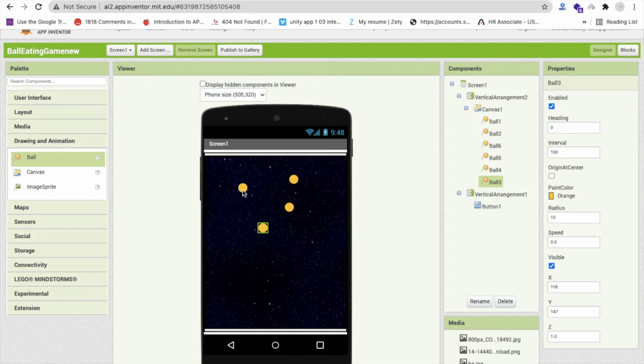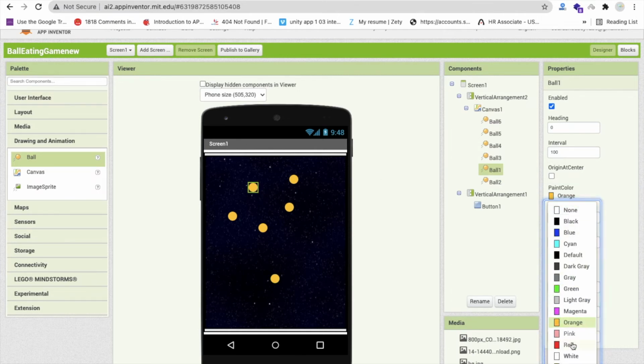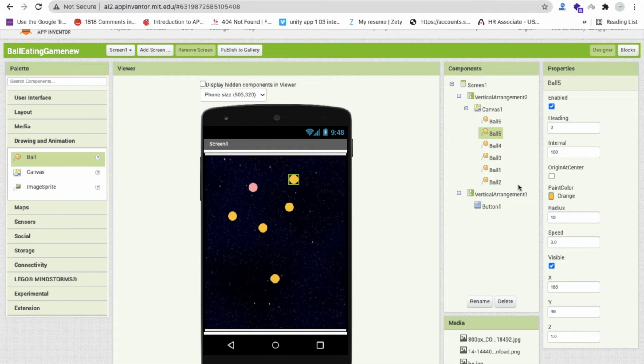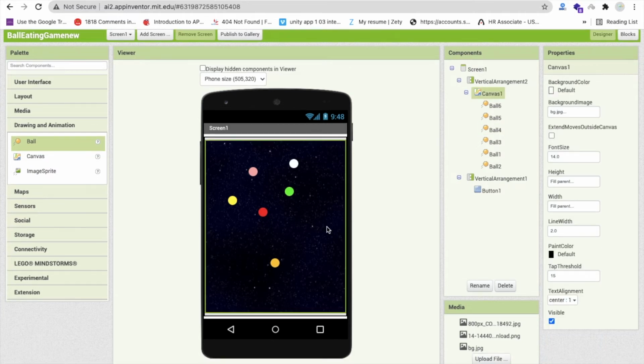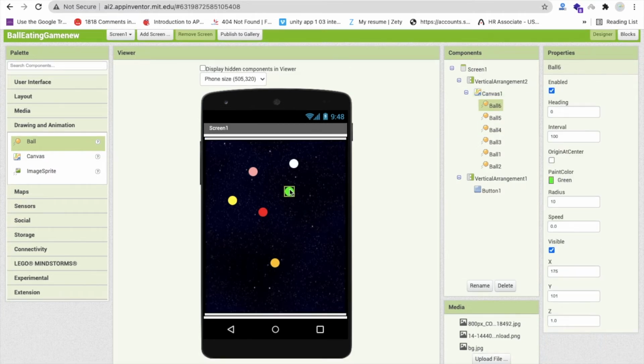2, 3, 4, and you need to add one more button for yourself. Like let me just add this one button, and I'm going to change all these button colors. So let me just try to change all this color. You can add multiple red balls also here. Okay, so I'm going to add one or two more like this.